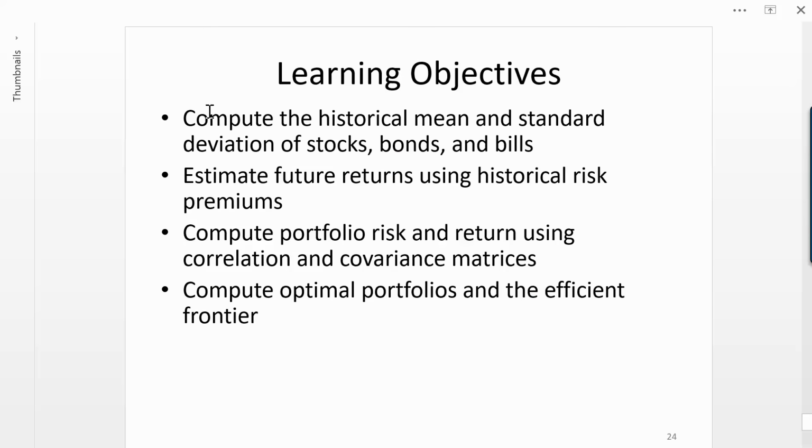So in this topic, we talked about how to calculate the historical means and standard deviations of stocks, bonds, and bills. We estimated future returns using historical risk premiums. We computed portfolio risk and return using correlation and covariance matrices, and we computed optimal portfolios